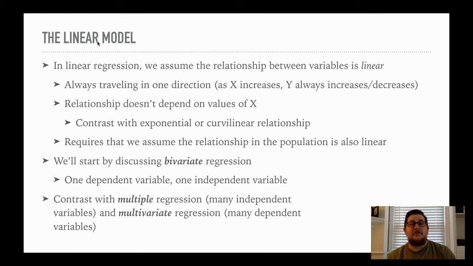On the other hand, you've also got something known as multivariate regression. So we have bivariate. What you're doing for your projects, where you have lots of independent variables and one dependent variable, is called multiple regression. Multivariate regression is when you might have many dependent variables. That's much more advanced than we're going to get into in this class.